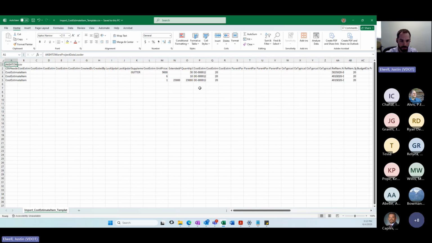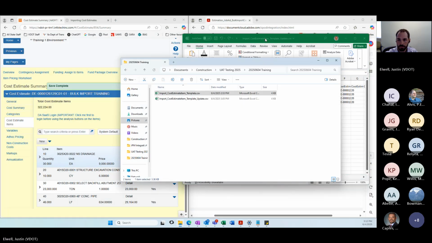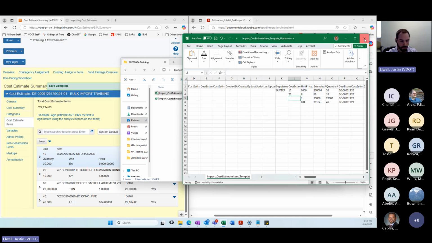So it's part and reason because of the AWP system, part and reason because of the nature of CSV files and how they store information. Hopefully that answered your question.